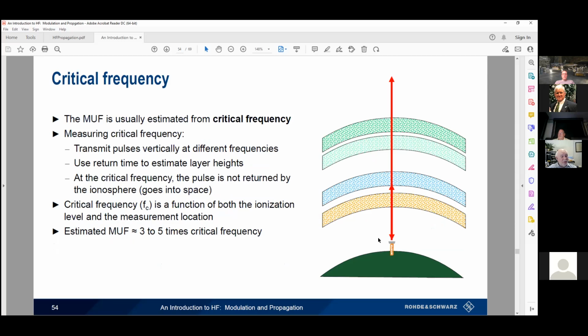Okay, there's a government agency that shoots up vertical radio pulses and tries to figure out where these layers are. You don't have to know the equations or anything of that sort, but these things are actually published. You can go to spaceweather.com, or you can go to, let's see if I can find